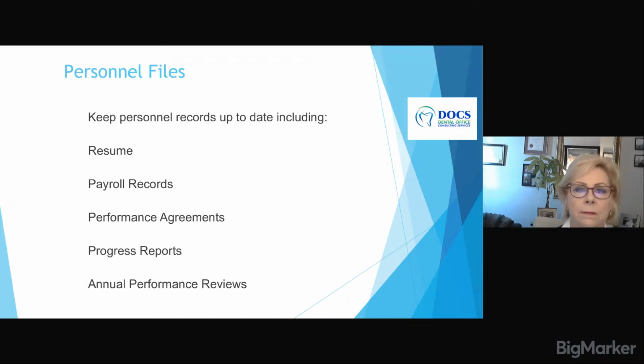So keeping your personnel files up to date is critically important. Include the person's resume from when you initially hired them, or in some offices they prefer to use a job application form rather than an actual resume. Keep your payroll records up to date. Have performance agreements in place, and if you're using performance agreements, it's very important to do performance reviews every year,